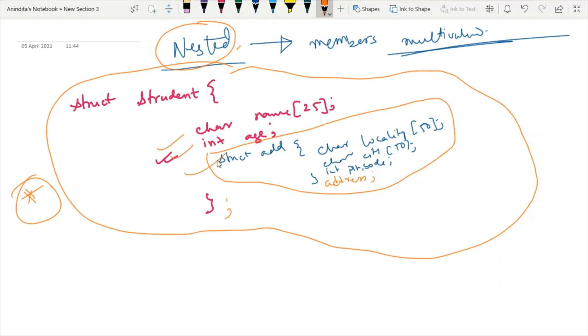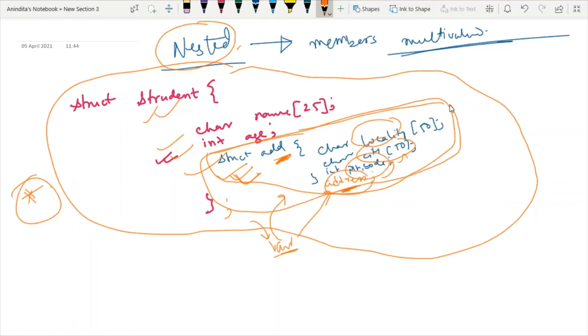Also there will be an employee address. At that point, create another structure inside the master structure so that you can hold all the other details of the specific address of an employee. So this is the point where we need nested structure.